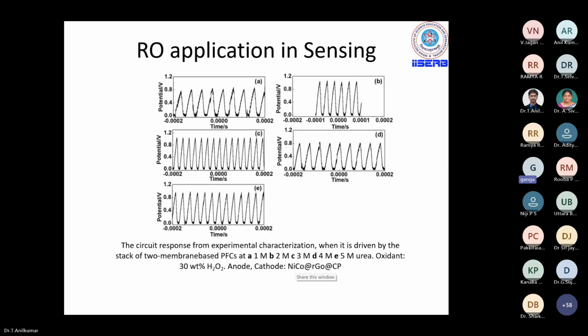So what we have done is, when we change the concentration of uric acid in the paper-based fuel cell, the voltage generated by the fuel cell varies. When that voltage varies, the frequency of the oscillator also varies. So this acts as a potential readout circuit. By using post-processing, we can even have compact point-of-care devices. This work got recently published.